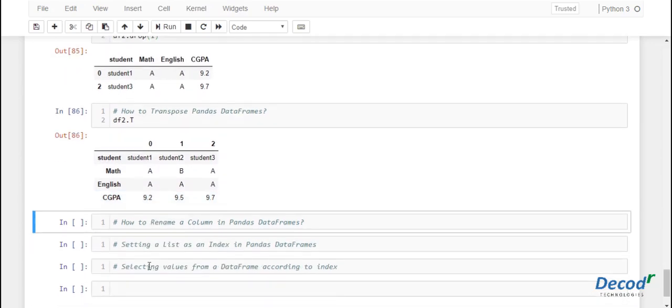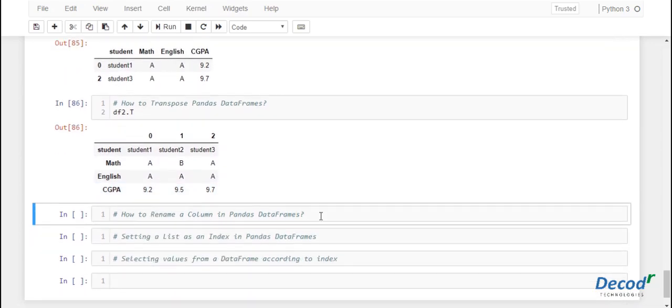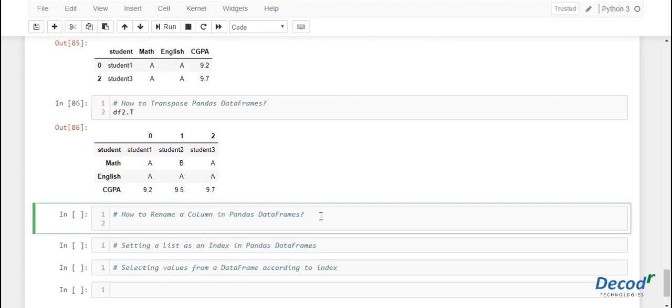Now let's see how to rename a column in a pandas data frame. We use the rename function.